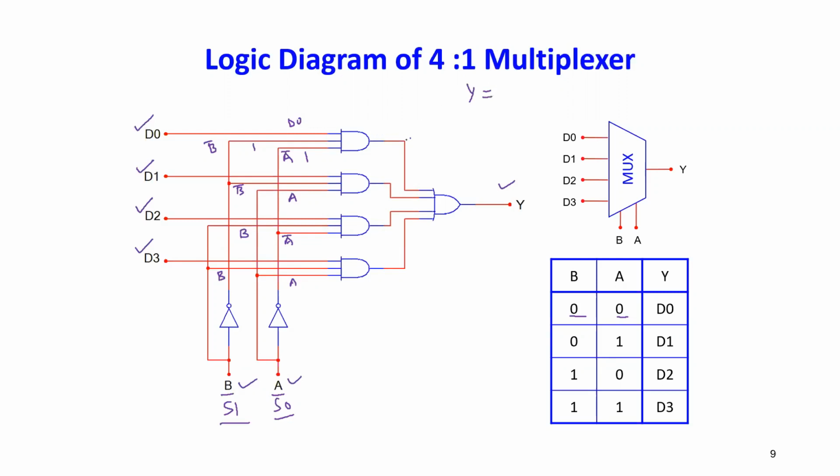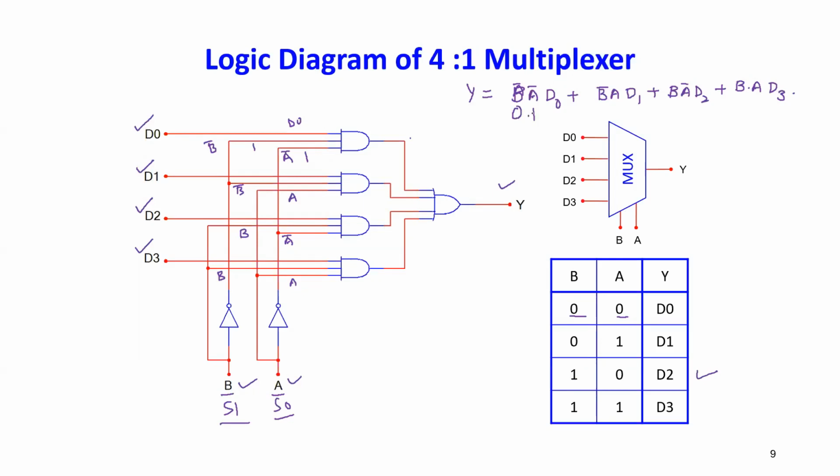So the first case for D0 is B bar, A bar into D0. The second case is B bar A into D1. The third case is B A bar into D2 plus B into A into D3. Out of them, only one is available. Suppose you are having 1 0 as input. So 1 0 means